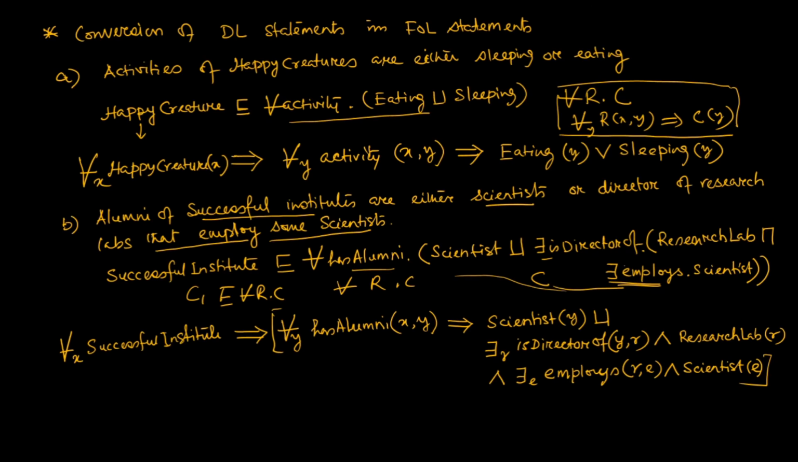Now let us come to a third modeling problem in this category: every organization has at least two members. So let us try to model this. Every organization has at least two members,